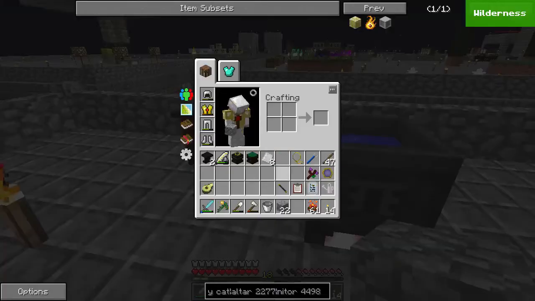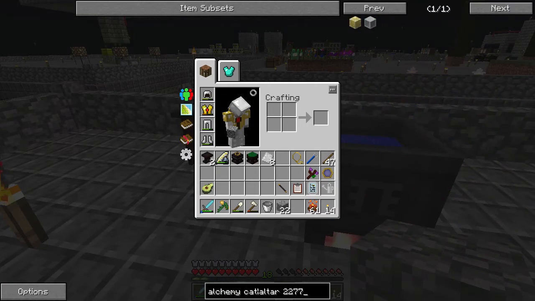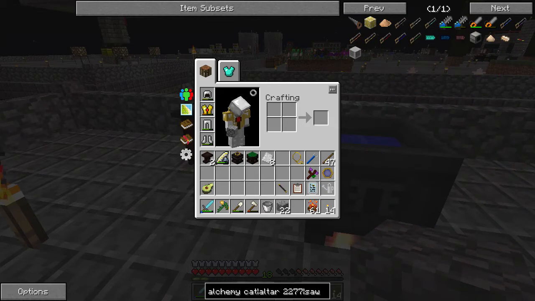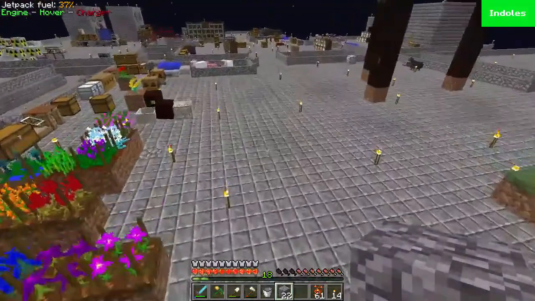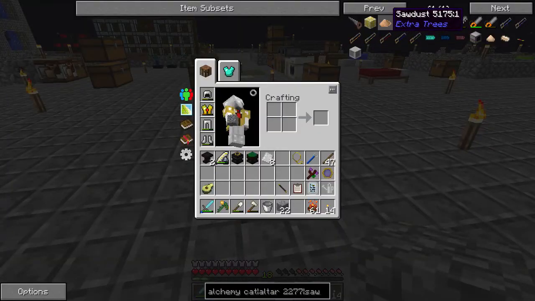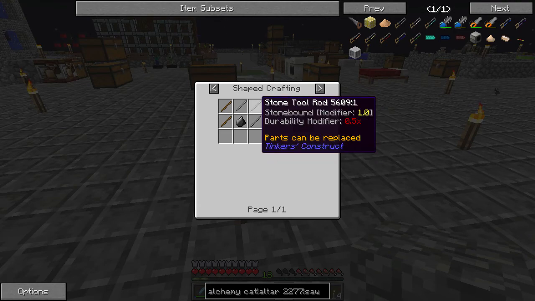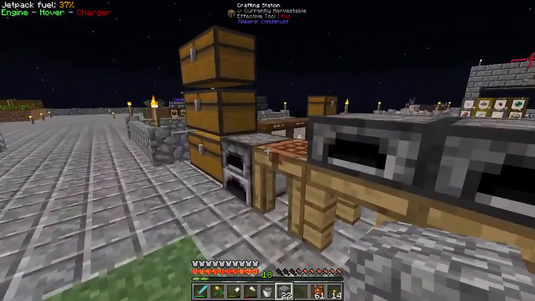Boiling water. Now, I thought I needed to make niter. Oh well. I do want to see, is there a saw? Hey, there is. We're going to do some fun stuff. We're going to make a saw, and we're going to cut up a block. And you guys will see the reason soon enough. So we need some stone tool rods, which I believe we can just make...